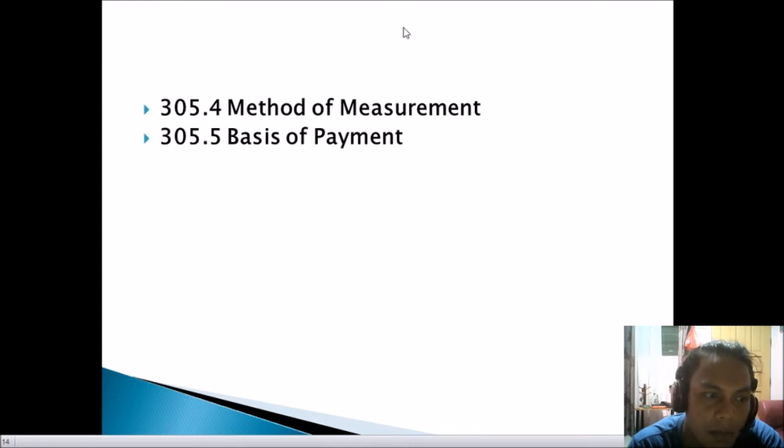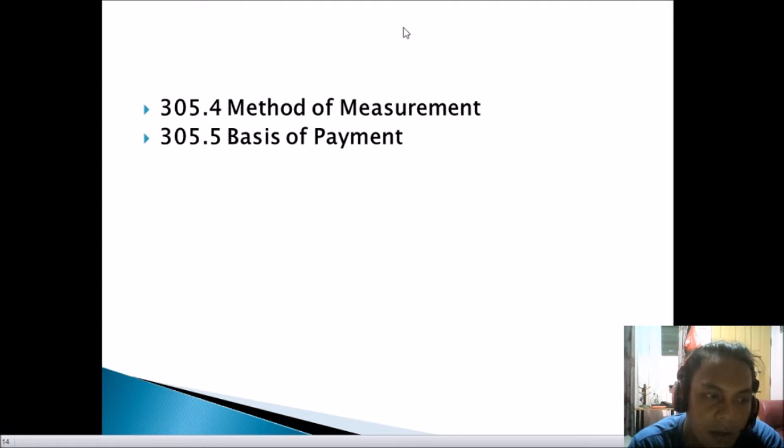So next is 305.5, basis of payment. The accepted quantities measured as described in section 305.4 shall be paid for under bituminous penetration macadam pavement materials, for all labor, equipment, tools, and incidentals. So payment would be under: